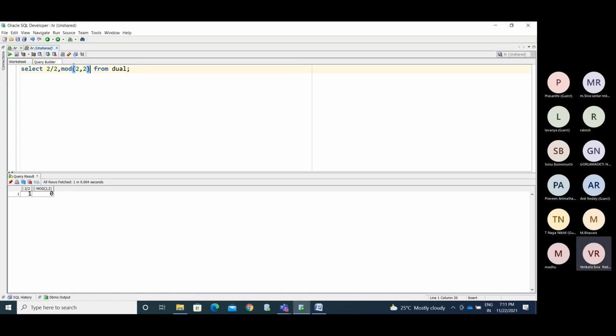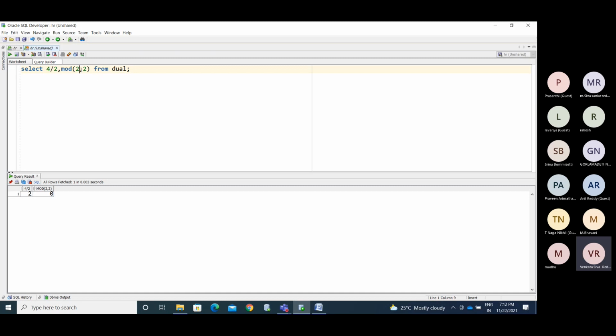So the mod function will help you to get the remainder value. Now you are getting the divisible number, how many times it is dividing. If I use 4 by 2, it performs 2 into 2, right? So you will get 2 times.